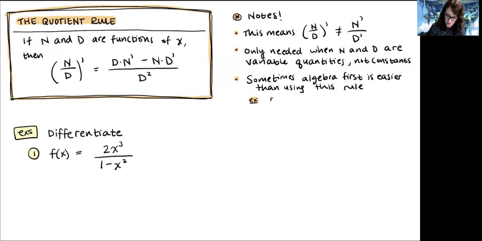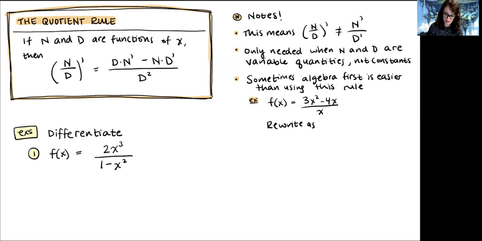So for example, if we have a function that looks like 3x squared minus 4x divided by x, you could absolutely use the quotient rule on this. However, I'd recommend that you rewrite this first to get rid of the quotient, because the quotient rule is probably the most complicated rule that we will have for differentiating. So by rewriting,